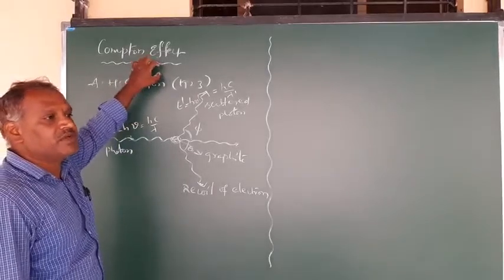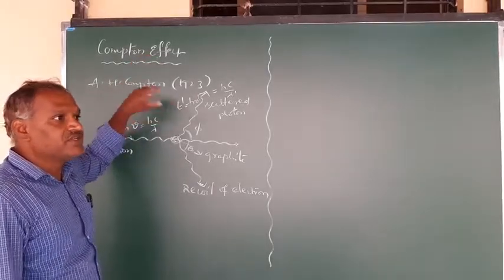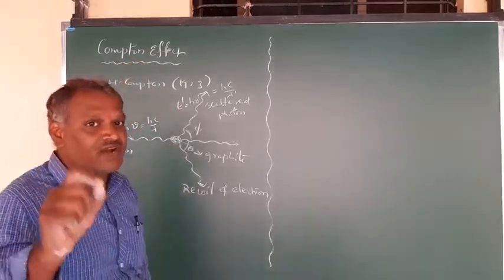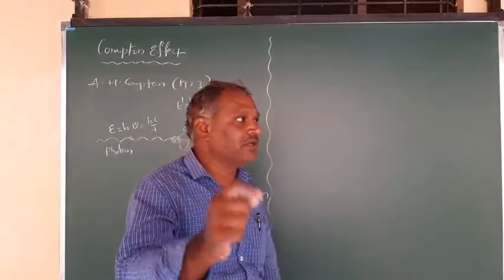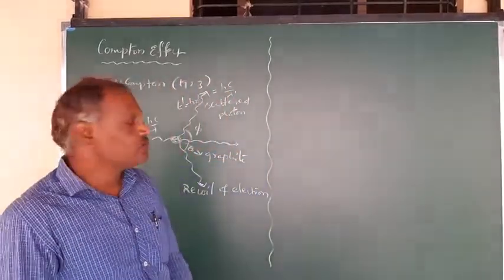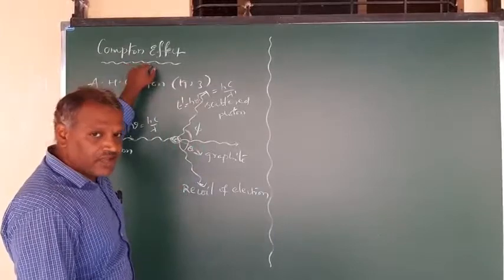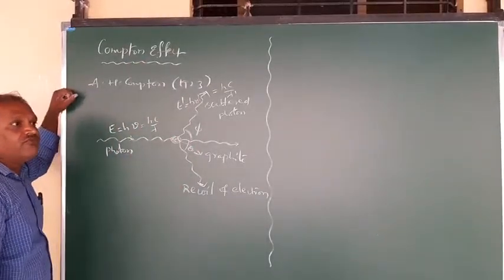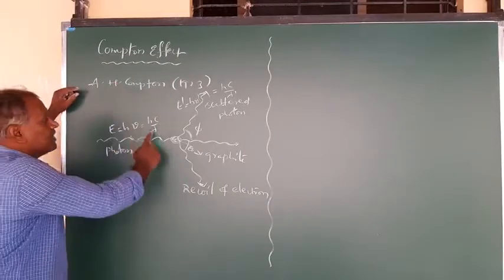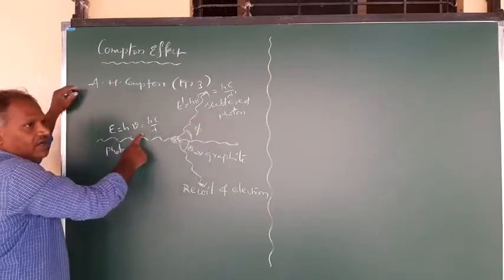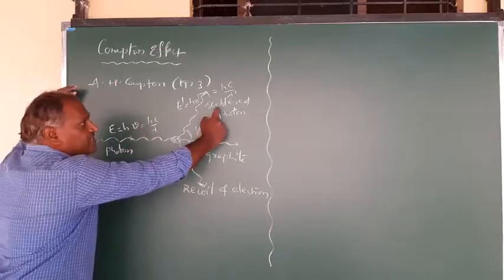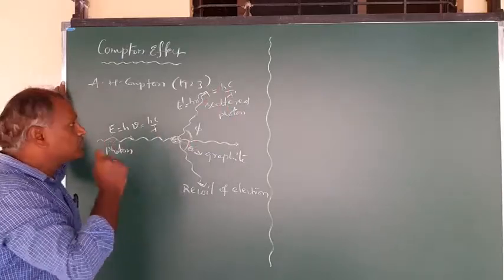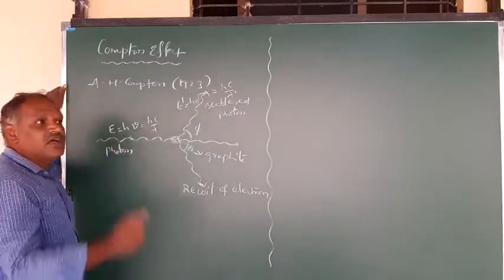Right? It was observed by this person. His name is Compton, so this process is called the Compton effect. So in the Compton effect, what do you observe? The scattered photon has a greater wavelength compared with the incident photon. And in this, there is a difference in the wavelengths of the scattered and the incident photon. Already we have seen that the scattered photon has a longer wavelength compared with the incident wavelength. So the difference in these wavelengths is called the Compton shift.